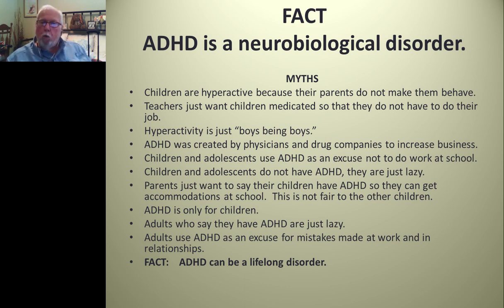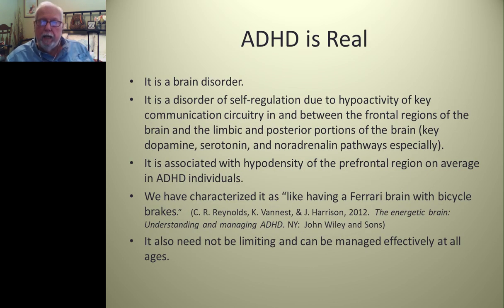Well, what explains that? Well, the time around puberty is a time of rapid neurobiological development of the brain. And again, between the ages of 22 and 26 is when the final development of the frontal lobes occurs, particularly the prefrontal regions, which are implicated in ADHD. So it makes great sense that these would be times when the underlying neurobiology would improve. But for about a third of child diagnoses, ADHD is a lifelong disorder. ADHD is real. It's a brain disorder.